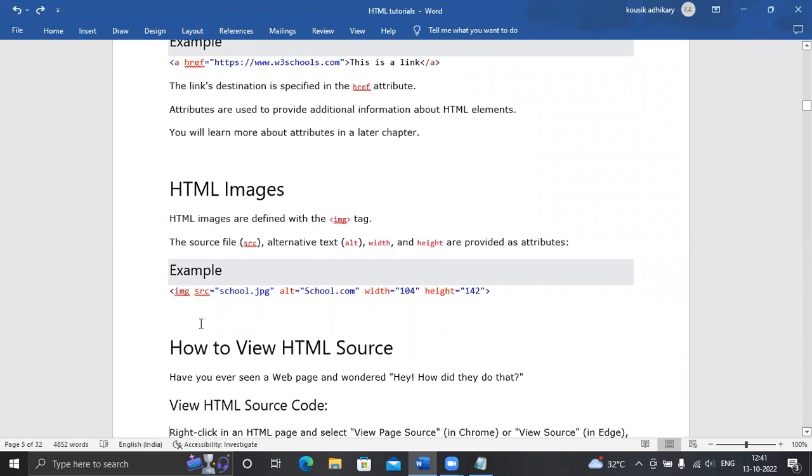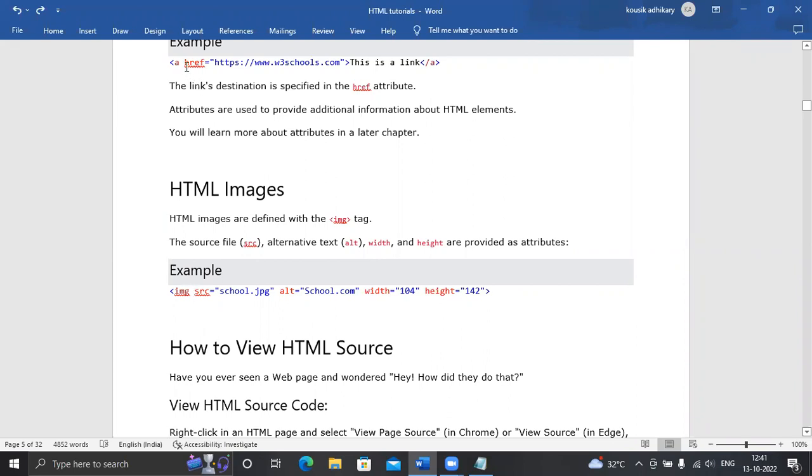And every attribute has some different words. When you want to add images to your website, you need to use the image tag, that is img. Within it, you need to open less than img, then use some attributes.